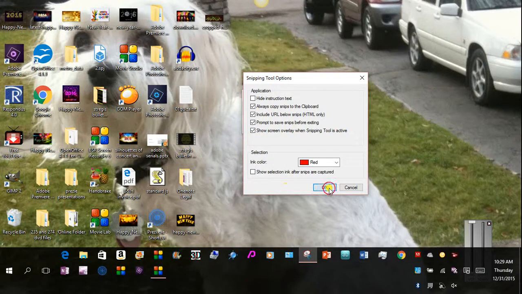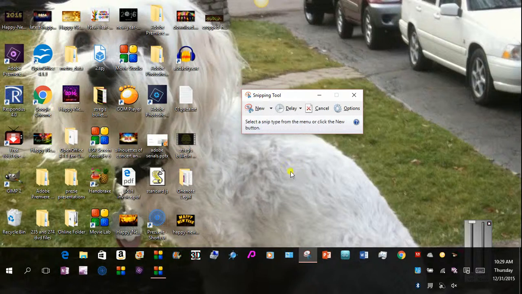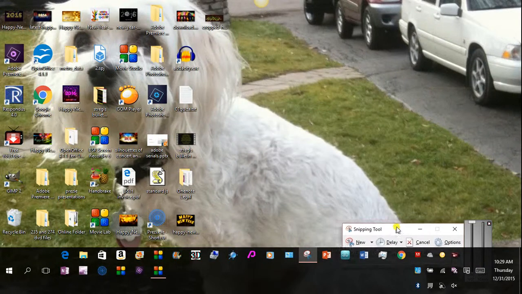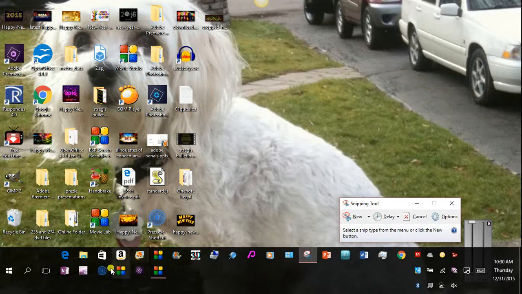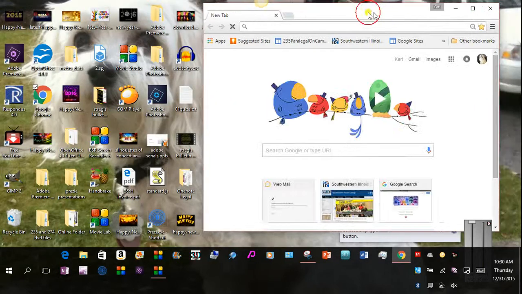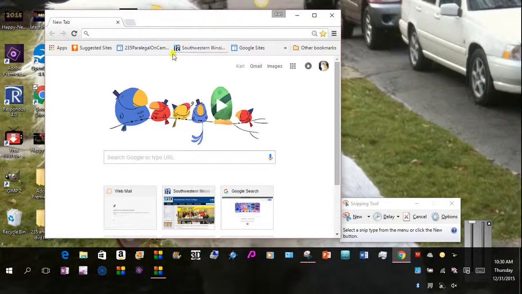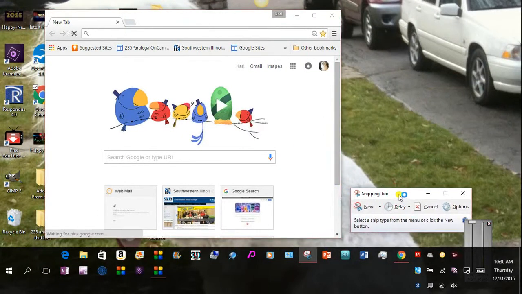So I'm going to click OK to all those options, and I'm going to drag this down out of the way a little bit. I'm going to use Google Chrome to go on the internet, and I'm going to use a partial screen once it comes up here, so I can move the screen over a little bit. And let's say we wanted to get some images and save those to our computer. This is New Year's, so I'm going to do New Year's